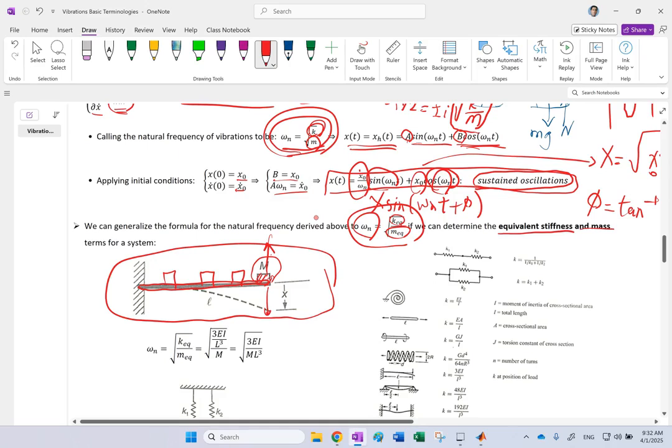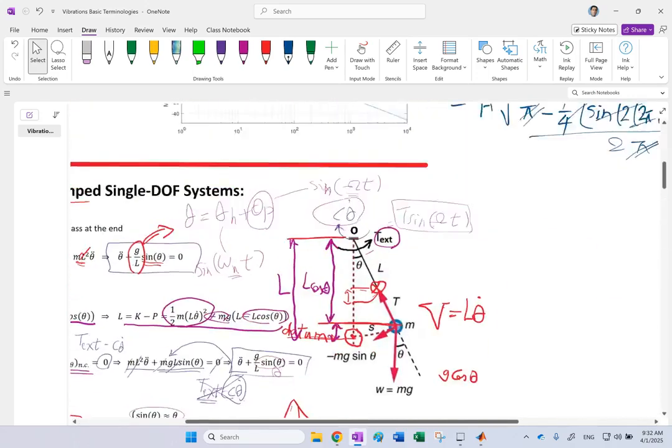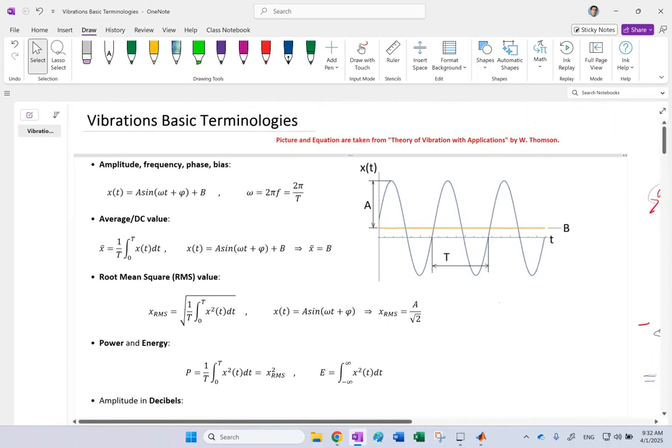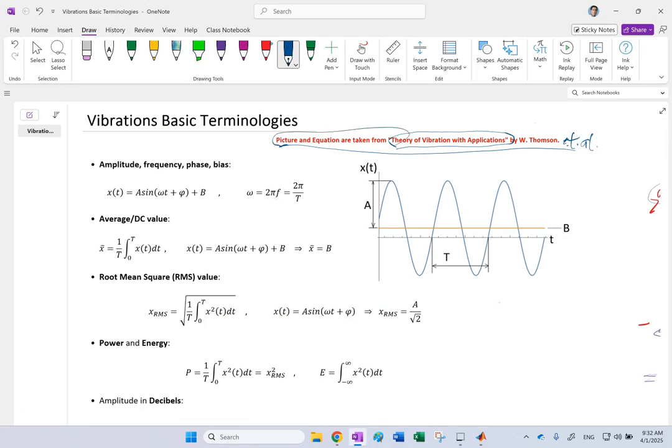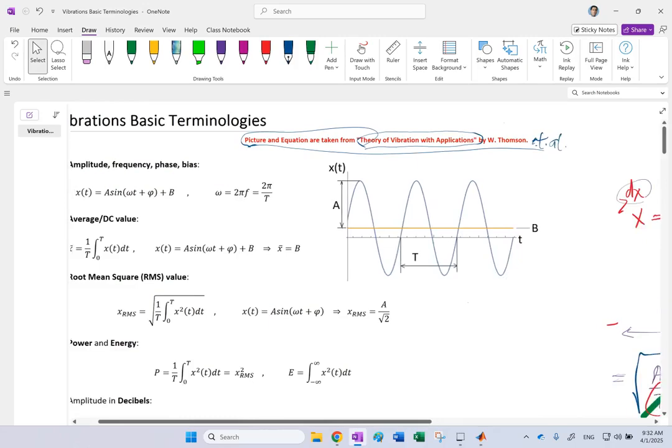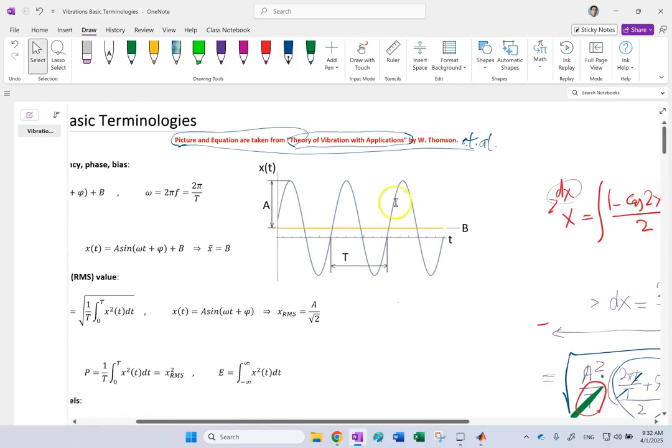If you look at your vibrations book, by the way, all of our material is coming from the amazing book Theory of Vibrations with Applications by Thompson et al. Actually, it's not just Thompson. There are two other authors on this book. So I get my pictures from this book. If you go and look at the book,